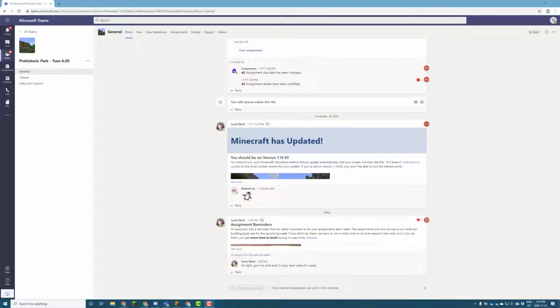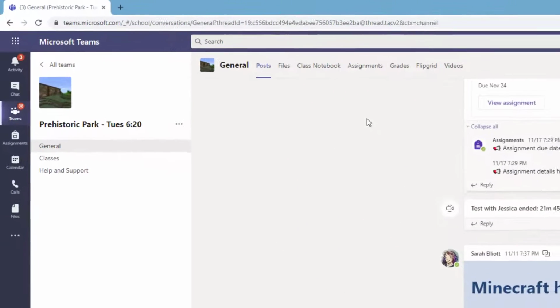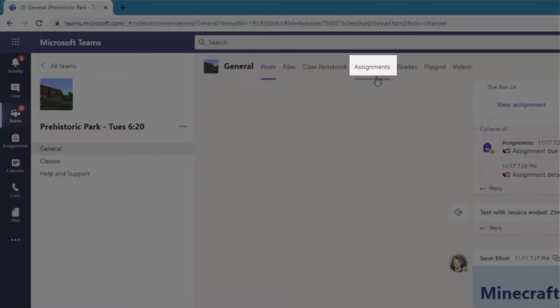This tutorial is going to cover how to do your assignments in general, and also how to download the Weekly World files and how to hand your assignment in. So we're doing this in Prehistoric Park as an example, but the process is going to be the same for all of the classes. And to get to your assignment, you're going to go up to Assignments,